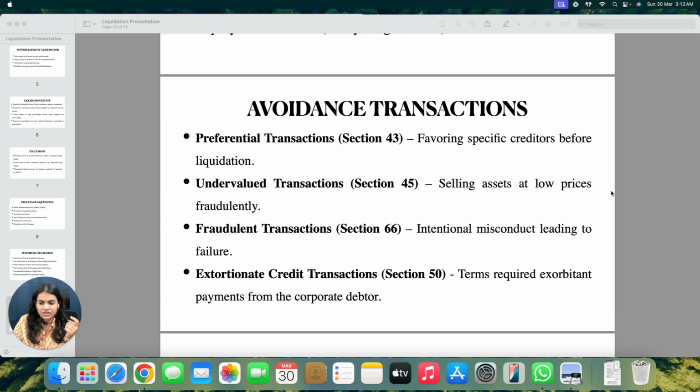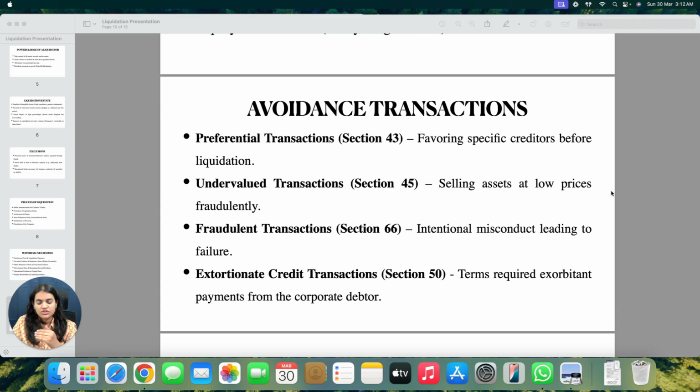However, if after having all the possible chances and being able to access all such information, a liquidator or resolution professional still fails to identify any of these transactions, even though they are present in the corporate debtor,